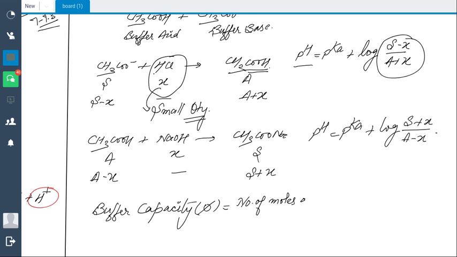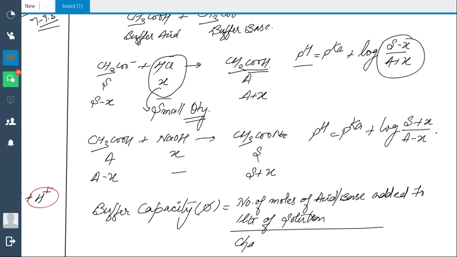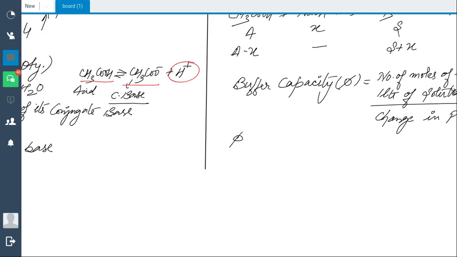This is equal to number of moles of acid or base added to 1 liter of solution upon change in pH. Okay, and buffer capacity will be maximum when